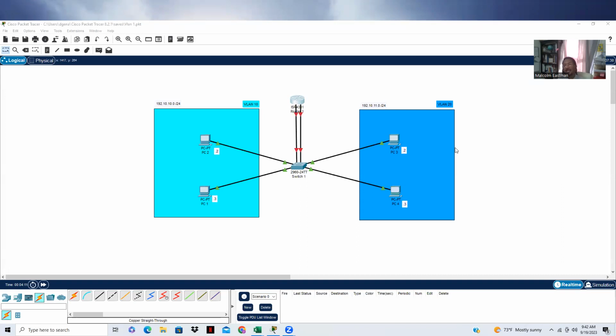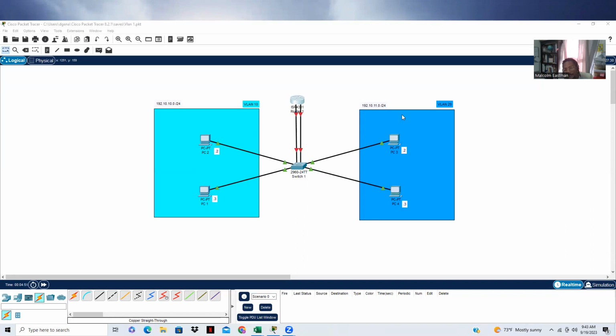So, for instance, let's say we have VLAN 20, which would be IT here, and VLAN 10, which would be HR. We can separate those two departments, and give them the ability to communicate to each other using VLANs. In this configuration, I'm just going to focus on creating the VLANs as well as giving them the ability to route outside of their VLAN using a router. I'll set up a default gateway for each VLAN using this one router with two